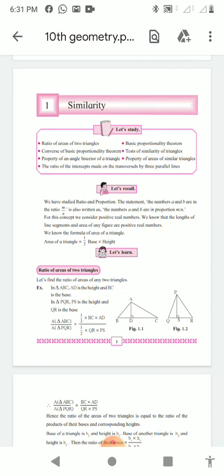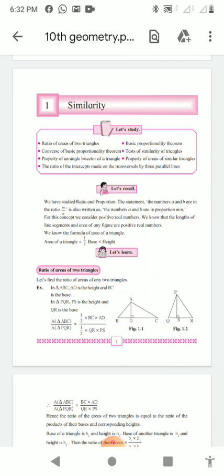So how will it be useful, that particular ratio of the intercepts with the help of three parallel lines, we are going to see. And we are going to cover all these concepts with the help of numericals also, so that it will be helpful for us to understand the concepts in an easy way.